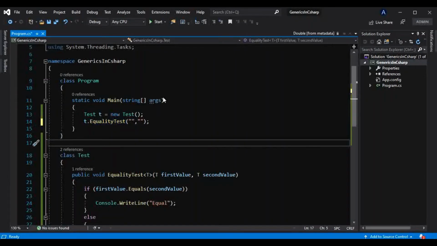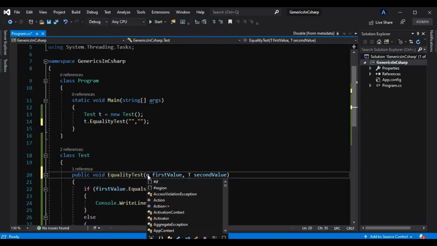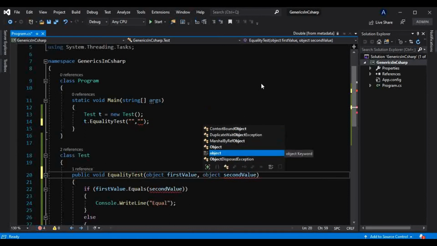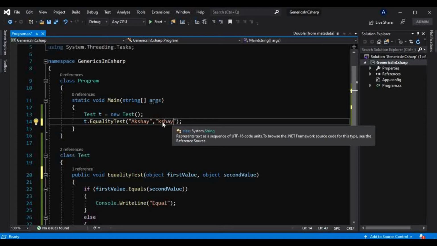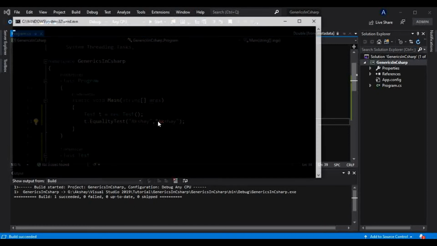Just consider, if I don't use generics here, and instead I put object here, it also allows that. I can give strings, or I can use integers, and if I run this, it will give that output.